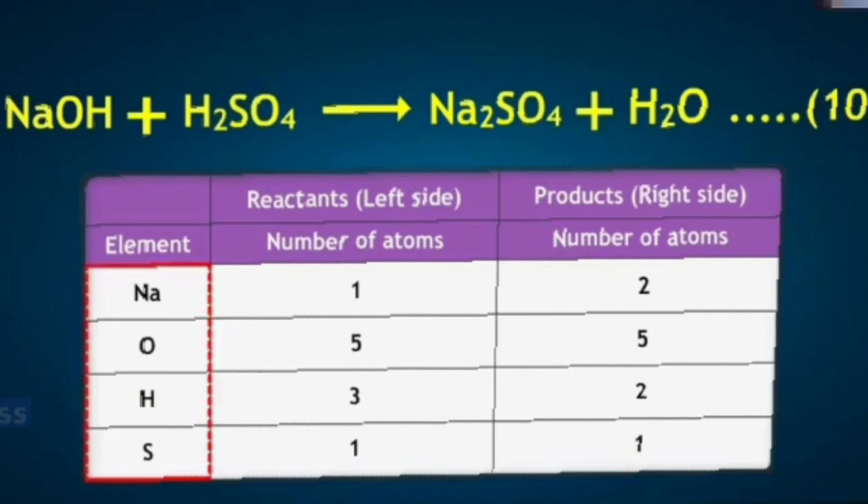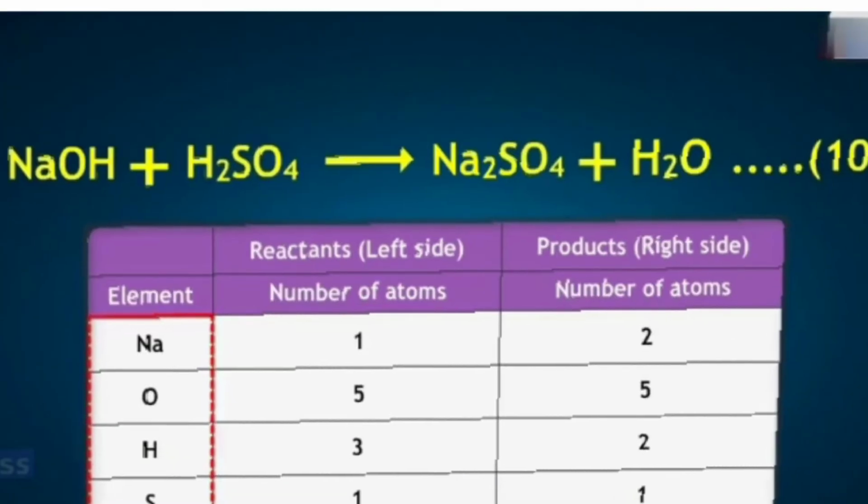What I observe on the left hand side, the reactant, sodium is 1 and in the product part you have 2. Oxygen 5 on the left, children please calculate, here O4 and here 1, so 5 at the left hand side, and on the right hand side O4. Sodium Na, here Na2 is there, so here I am having 2. So this is not balanced.